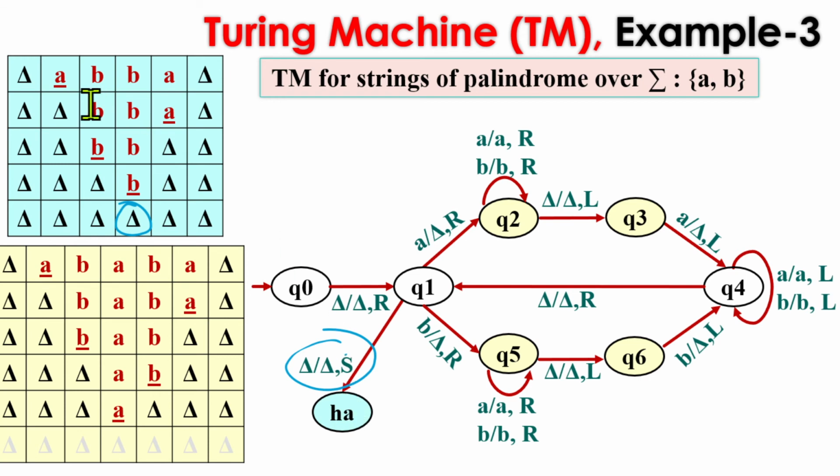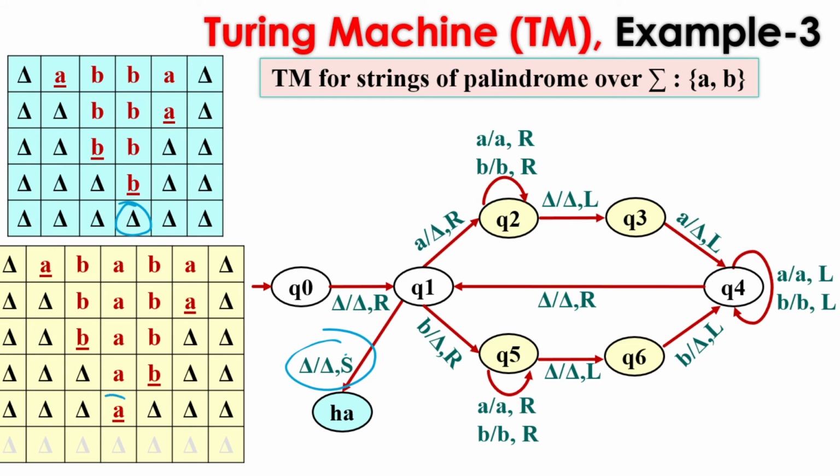Notice here that we have just replaced all the symbols of the input string with blanks because we just need to show the acceptance or rejection. We are not requiring any output here. So we can say that the string is vanished here, but the string is accepted as the string was a palindrome. Okay, now let's take the example or the case of the odd palindrome.